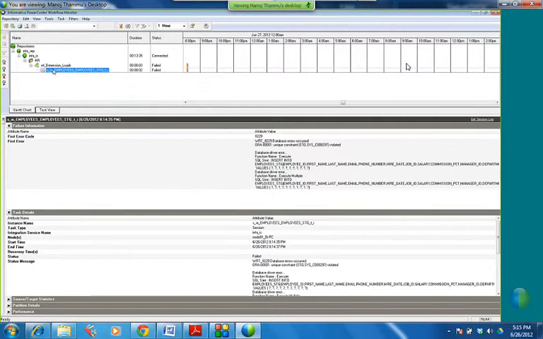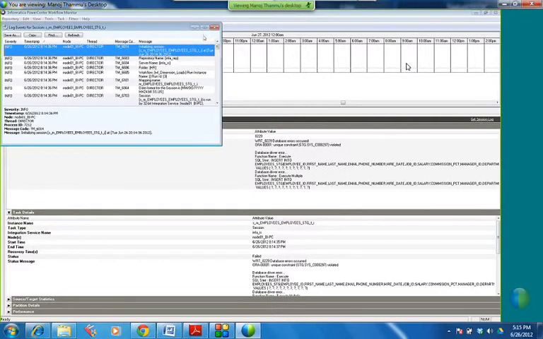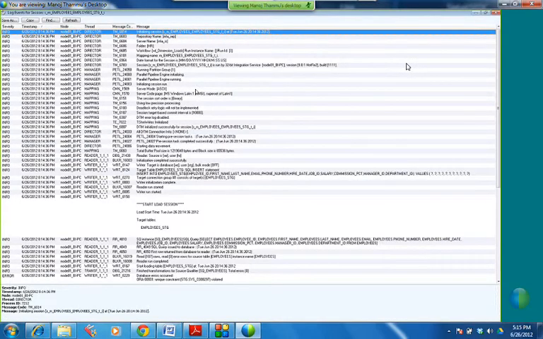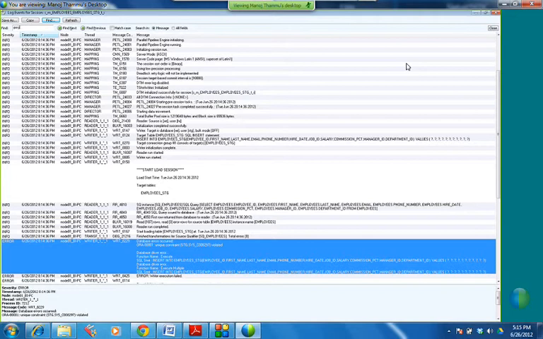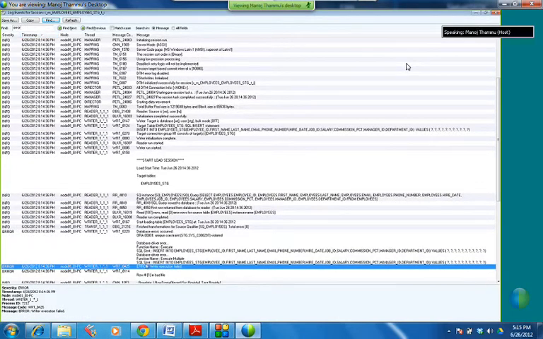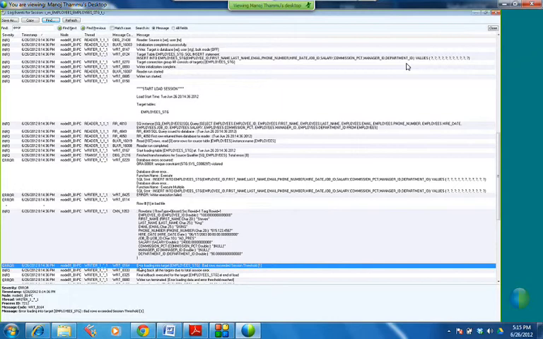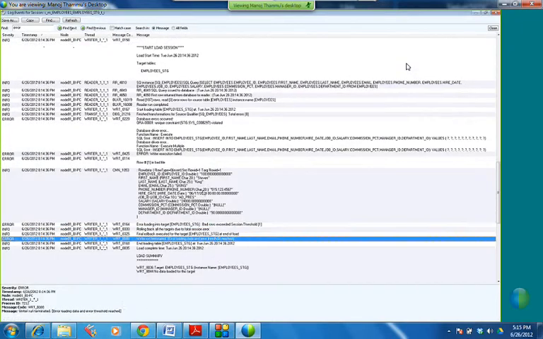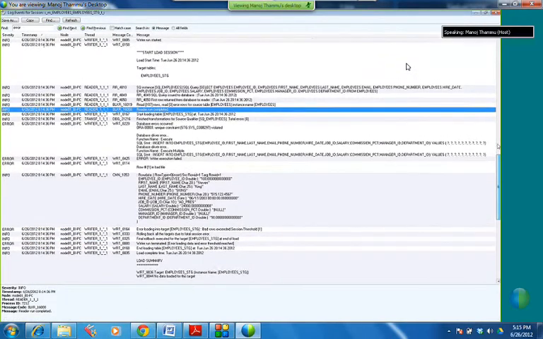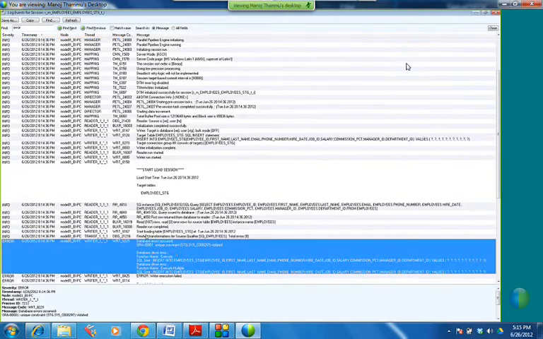What error? We have to select this session, double click it, go to the properties of the session and get the session log. Type E here, E for error. Otherwise, you can find the error here also. This one is not the actual error, so we have to find the actual error. Let me go to the home. See here, this is the error. Unique constraint violated. Do you understand now what the error is?